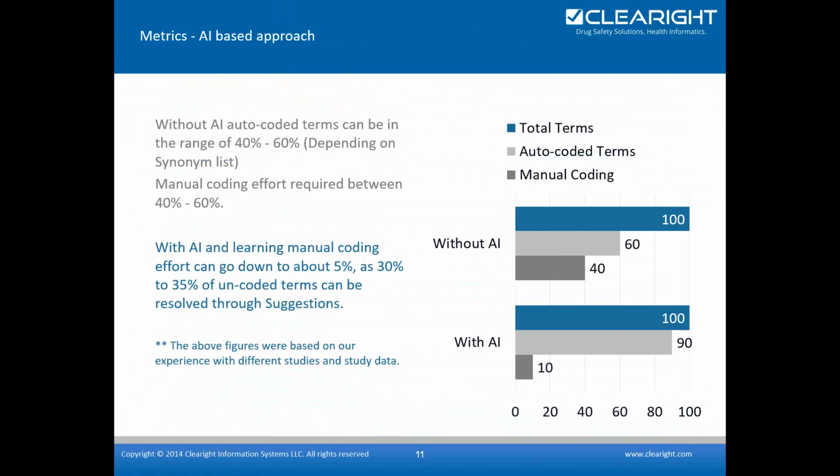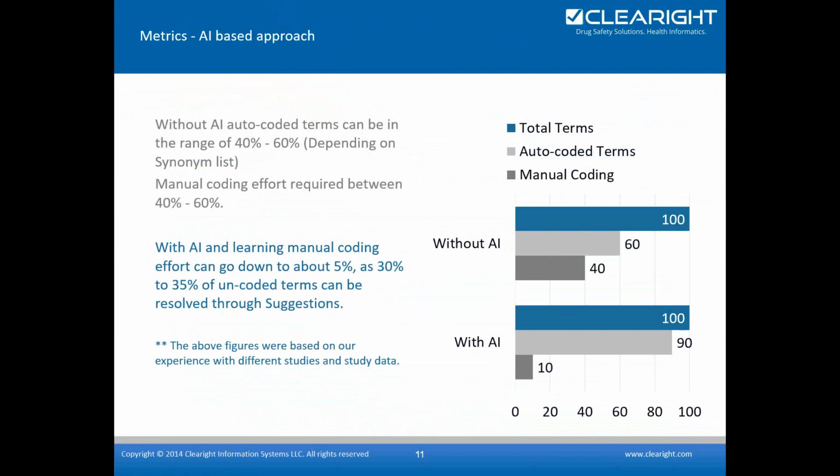Till now, we have discussed the theoretical part. I would like to showcase the numbers that enable businesses to introduce and establish smarter machines and advanced modeling. Such methods provide greater efficiency and effectiveness to the coding department. Based upon my experience with different coding tools, several studies, different kinds of study models and study data, I would like to conclude that 40 to 60% of the data can be auto-coded without AI if you are maintaining your synonym list appropriately and diligently.